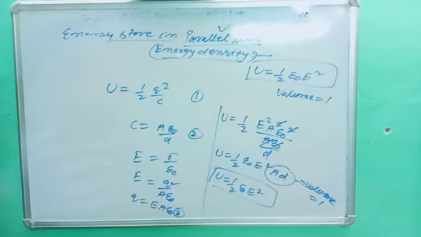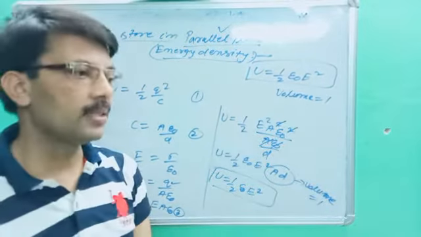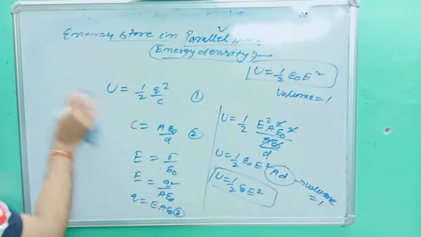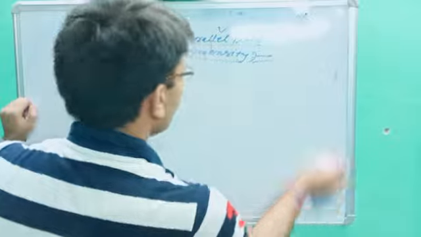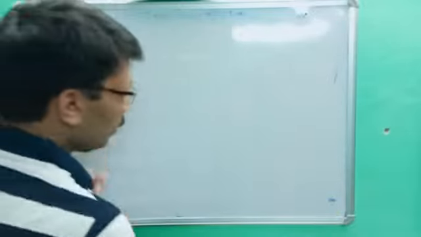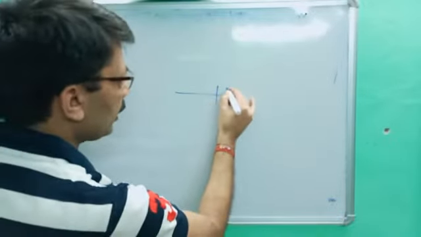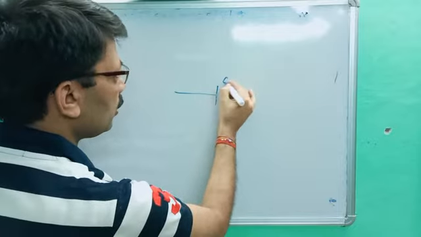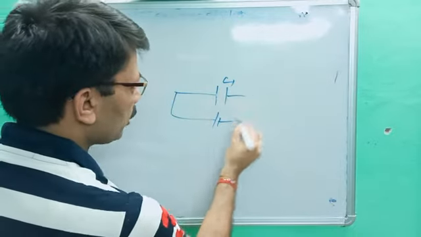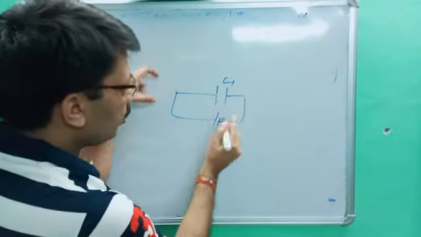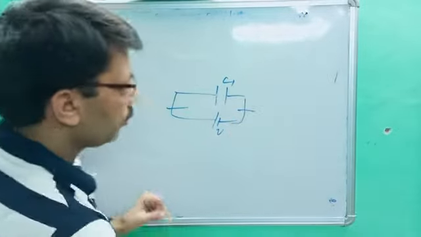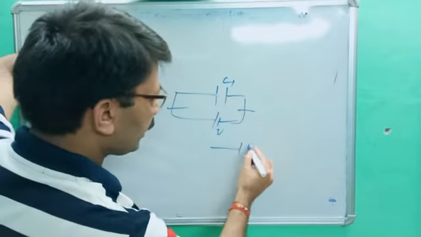So, last heading for this chapter, and then this chapter will be over. Last heading and one formula is there. This is the conceptual question. Let's suppose any capacitor is charged by a potential. Let's suppose this capacitor is C1 and it is charged by potential V. After complete charging, if you disconnect it, this question is asked many times, you disconnect it and connect another capacitor.